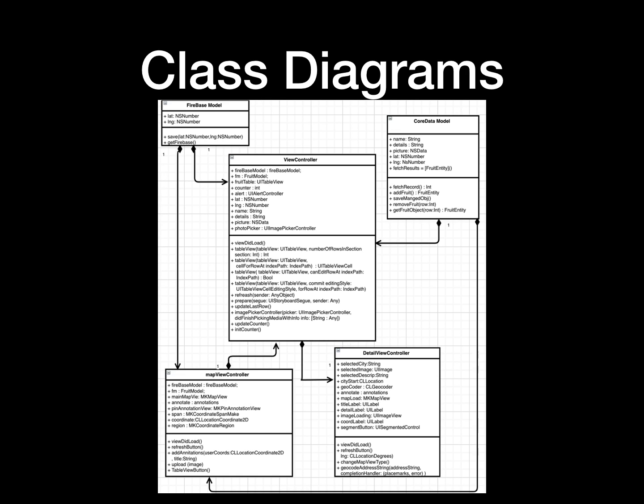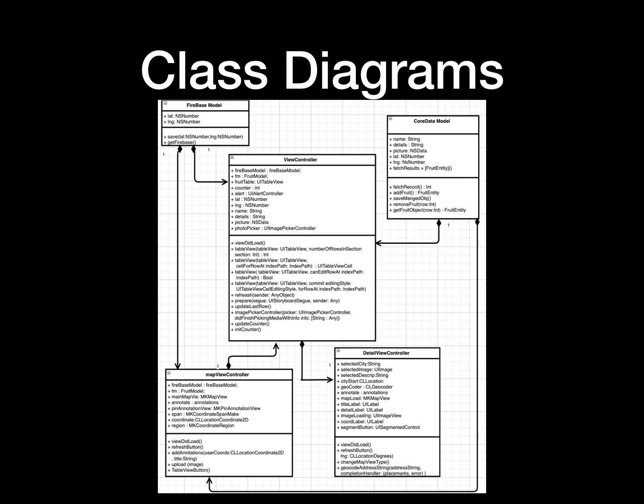And for the detail view controller, each row on the table view will have a detail view controller, and this will have more specific information such as the city. The image itself will be displayed in a bigger format. There will be a user description as well. Some coordinates will be displayed, and